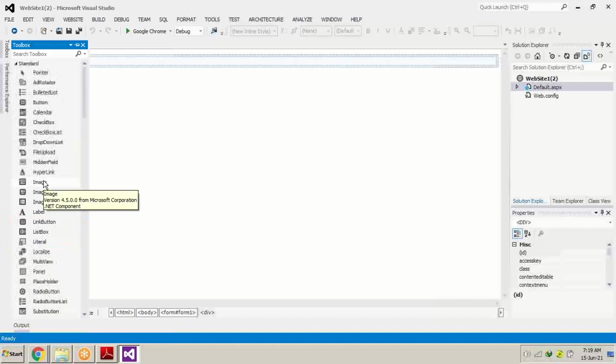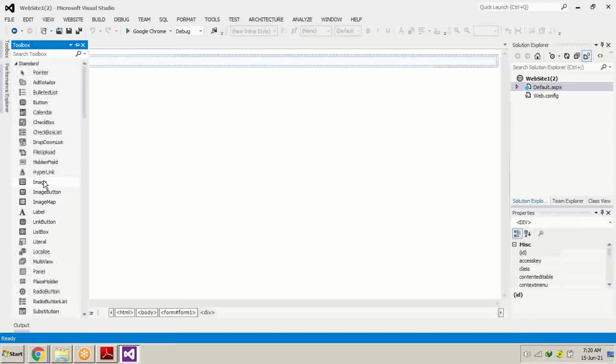We don't have to write codes. We don't have to write the client-side codes. What are client-side codes? I'm going to tell you. We don't have to write long and long HTML codes to design any form, an admission form or a login form or a registration form. There are tools present. We just have to drag and drop.